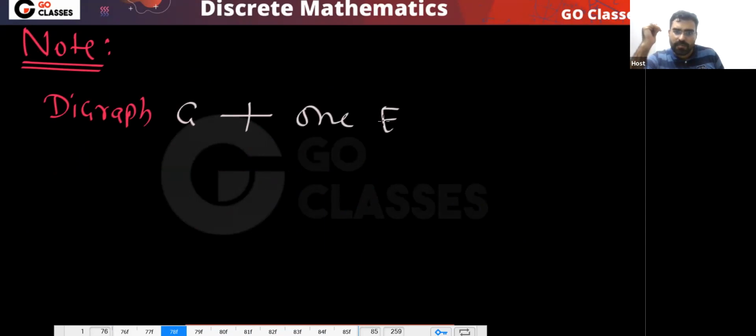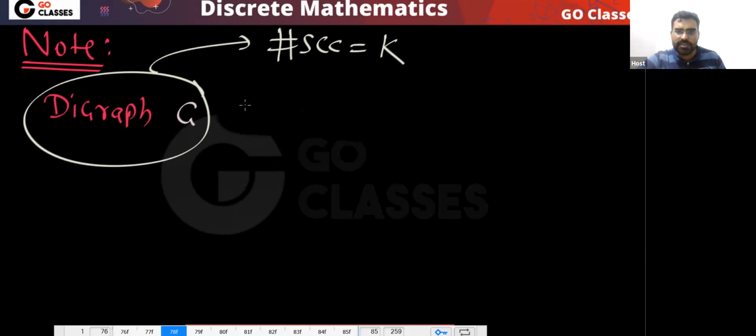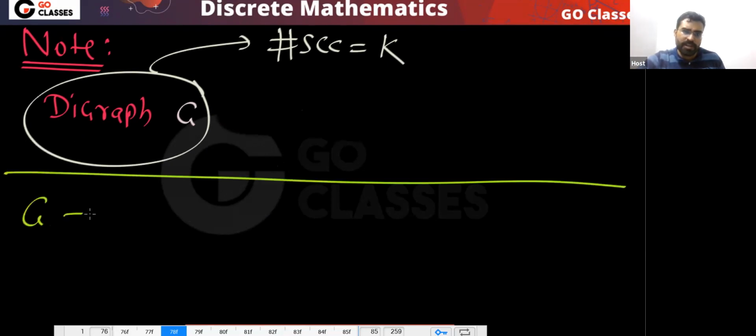So remember, if you have a directed graph G, let's assume the number of strongly connected components in this directed graph G is K. Now if you add one more edge, so G plus 1 edge,